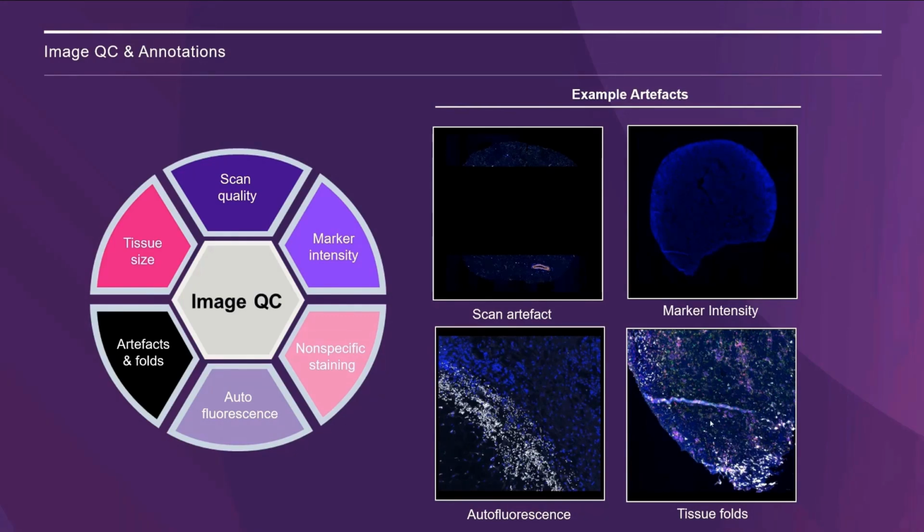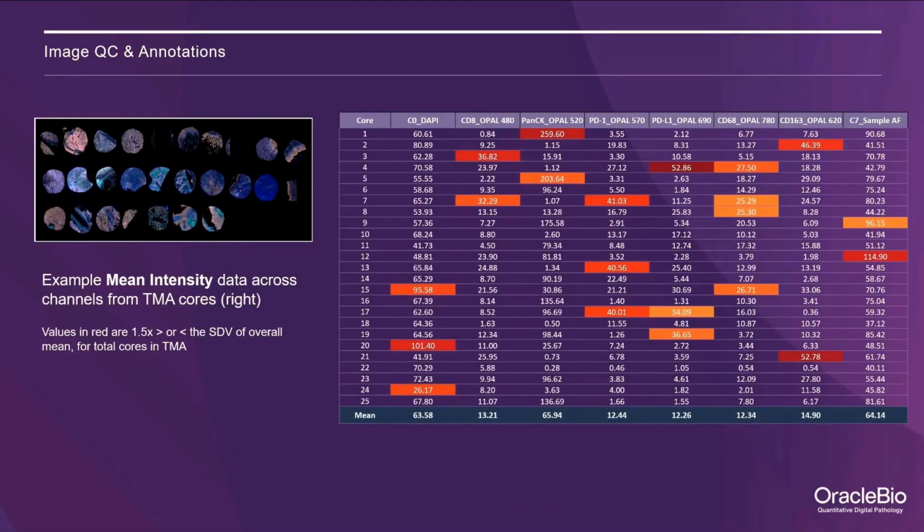QC is mainly performed via visual check of each channel layer within the image. However, this can be time-consuming and can be supported by data, for example, using histogram pixel information per channel from the tissue, such as mean intensity, the median, standard deviation, percentiles, skew, and kurtosis values. On this slide, I'm showing some example histogram data for mean intensity per marker per core. The data can be generated either using